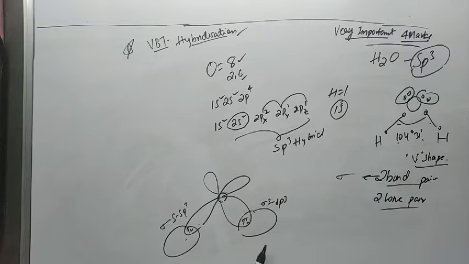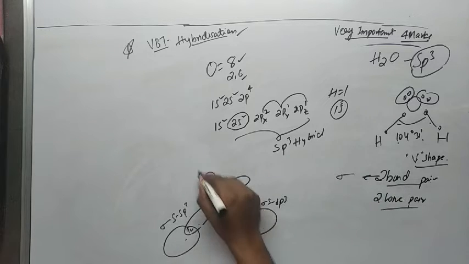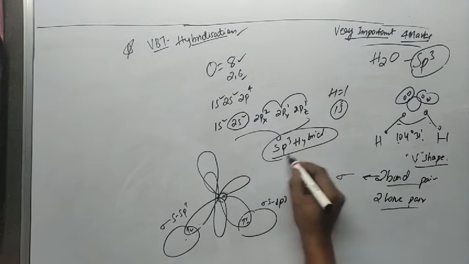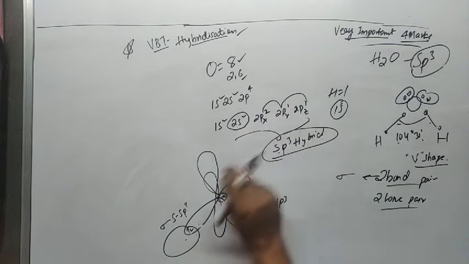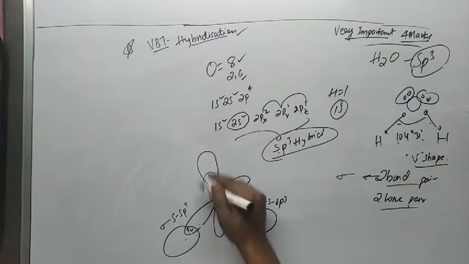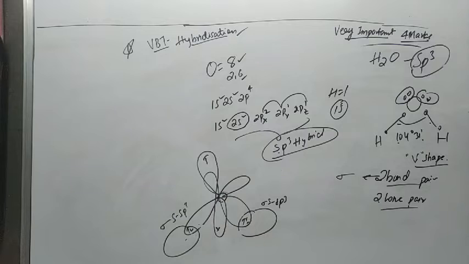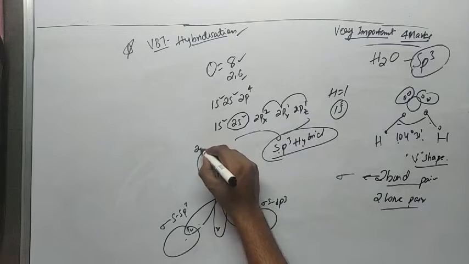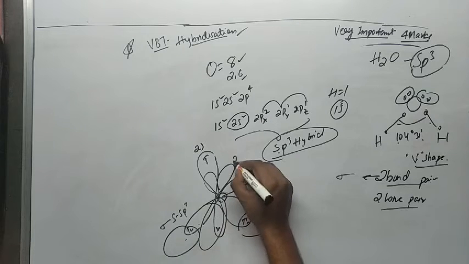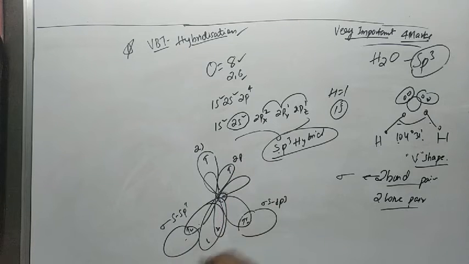What about the lone pairs? Here the lone pairs are the same. They also have a dumbbell shape, because I told you this is an example for sp3 hybridization. Each orbital has the same shape and the same energy level. Now it has 1 electron in the last shell. Similarly, this is the 2s orbital, and the 2px orbital also has 1 electron in the last shell.